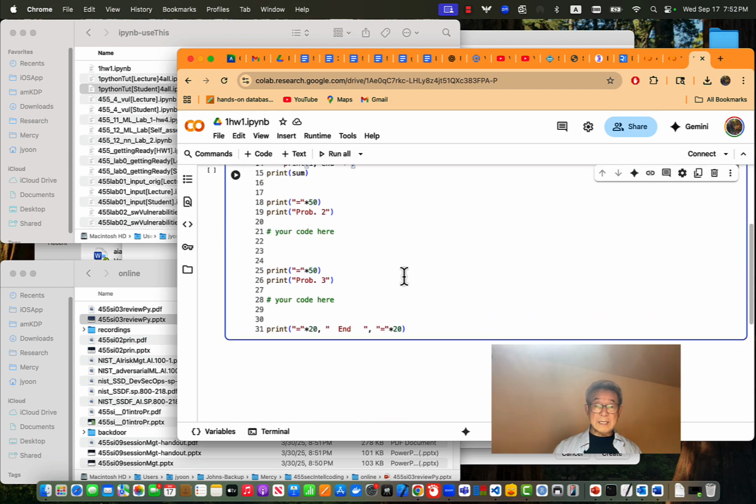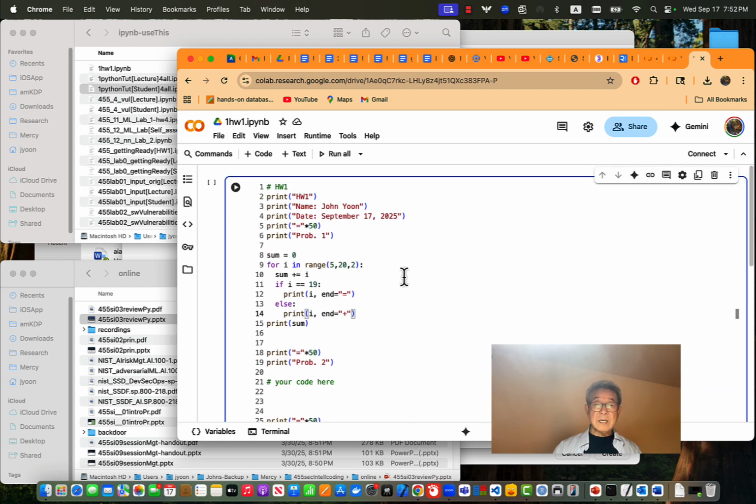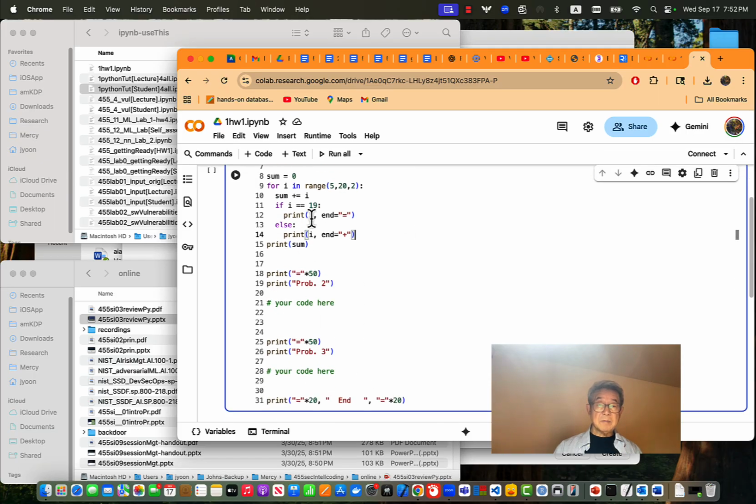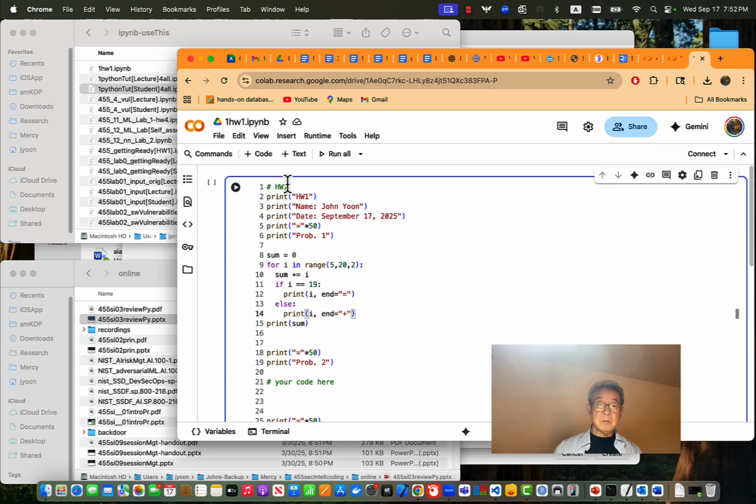And this is a coding list. How can you submit it? Let's assume you complete here. So all the problem sets for the homework, in this case homework number 2, right? So you need to change this to homework 2. And then you need to download this. And then you have to change this to, say, homework 2